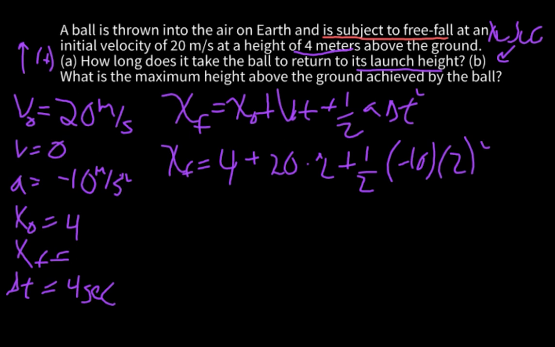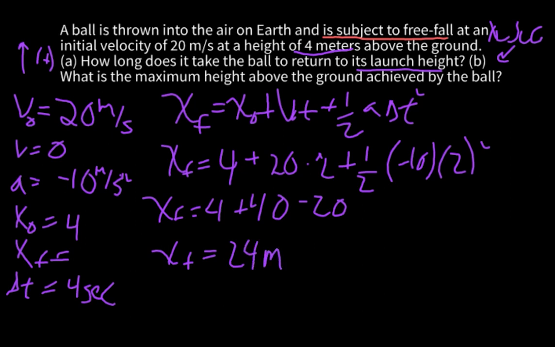So we can simplify it. We've got final position equals 4 plus 40, and then we've got 1/2 times negative 10, so that's negative 5, times 2 squared is 4, so negative 5 times 4 is negative 20. And then if you add all of this together, you should get a final height of 24 meters